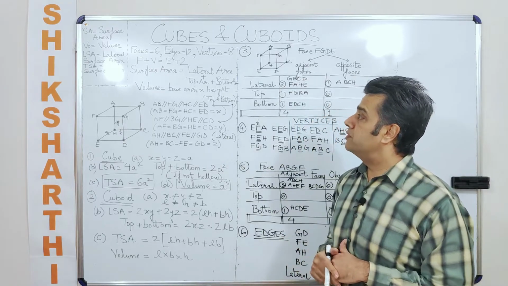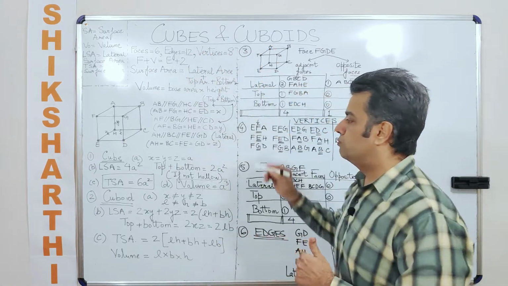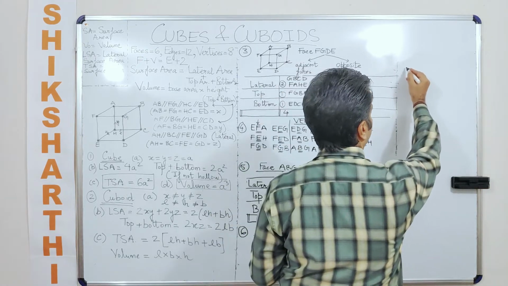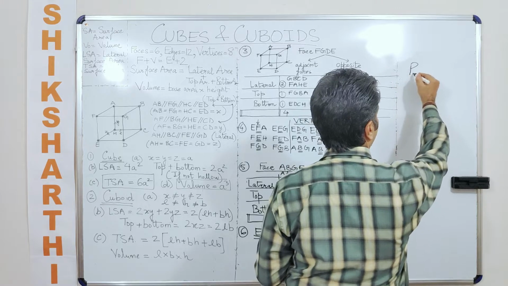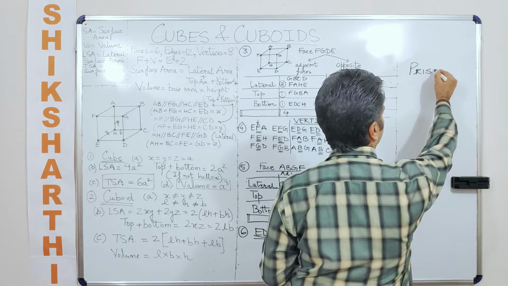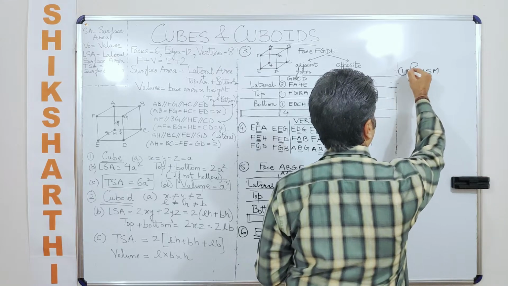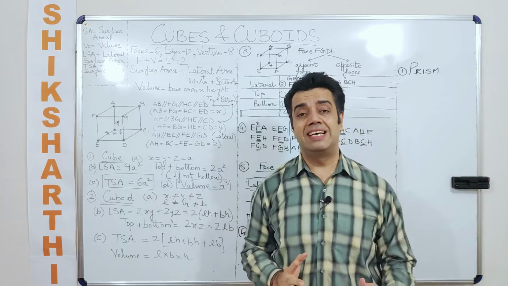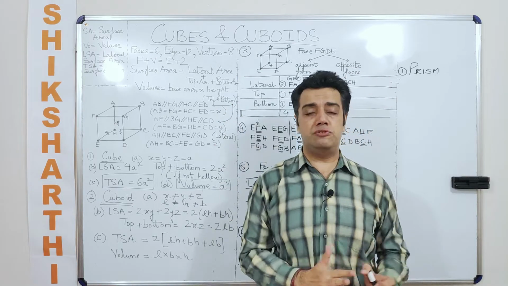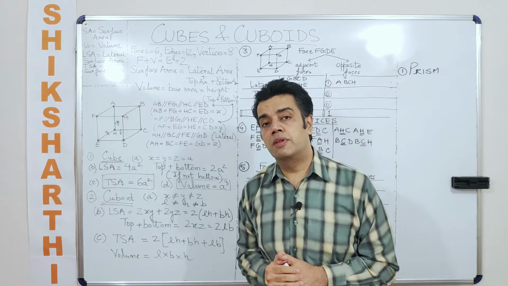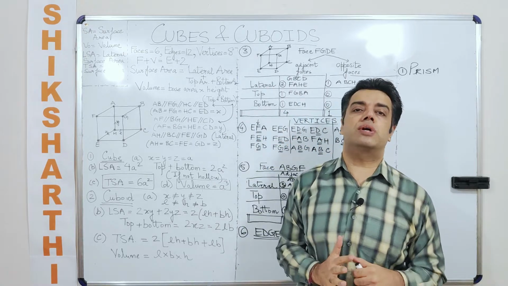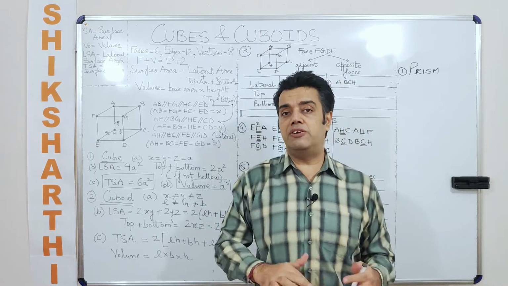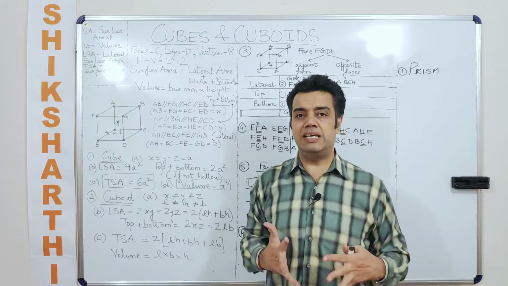So now when we talk about either cubes or cuboids, can we put it like this, that whether it is a cube or a cuboid, it is a kind of prism. The first point to be understood here is, can I say that both of these, cubes and cuboids, can be put under the head of prisms or not? So for this we need to understand the definition of a prism. So if I say yes, they can be put under the head of prisms, that means prism basically,